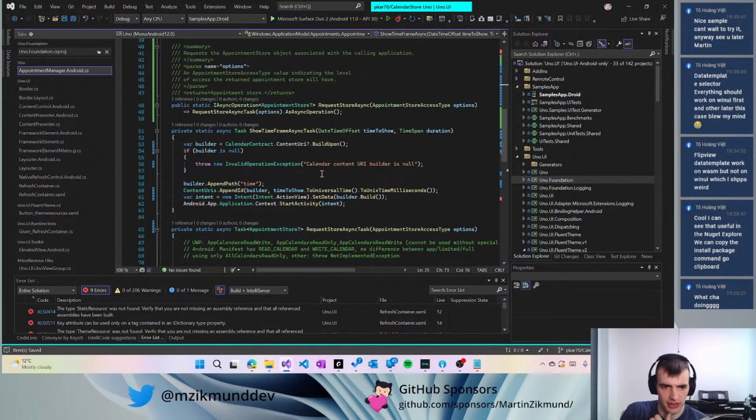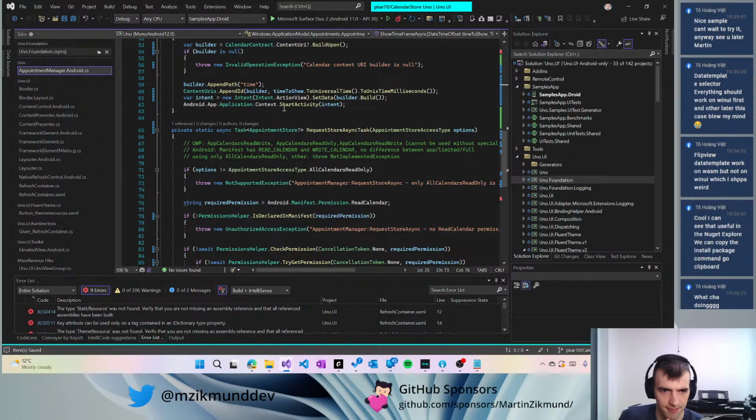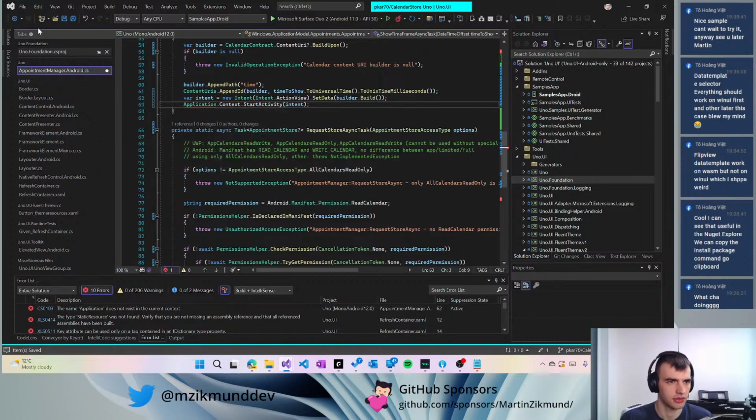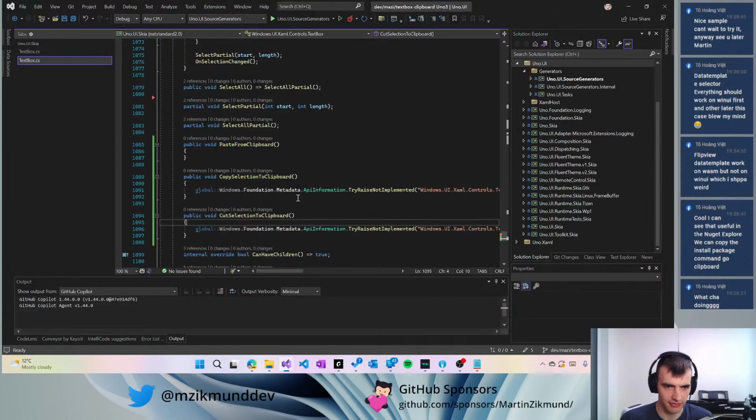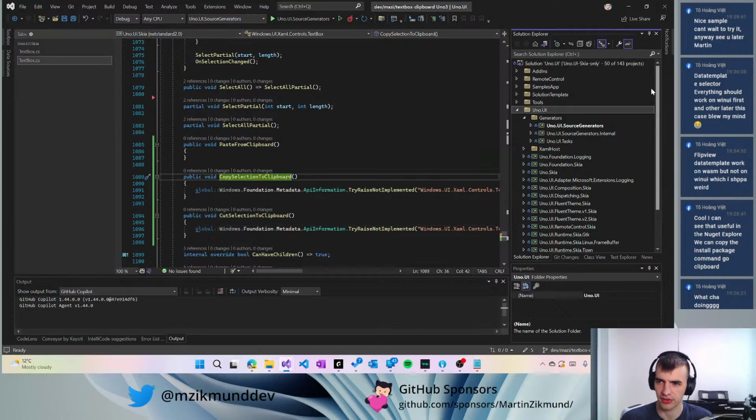Makes sense. So this is okay, and this then starts the activity via the application context. Right. Let's save it. So for this method we should be done, and in the meantime let's see if this